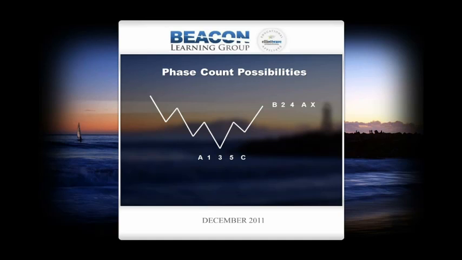Now, the thing that is helpful as individuals, if you take these basic patterns, draw them out on paper as stick figures, and then add maybe a 3-wave count after this, you could go through the possibility of elimination as to what the count might be. Or if you add a 5-count wave to this, then you can also go through and eliminate count possibilities. And then after you do that, if you'll add another sequence to it, you'll find that eventually you can get down to the point where you recognize it as only one wave. And if you can recognize only one wave, then you can predict what the next wave will be.